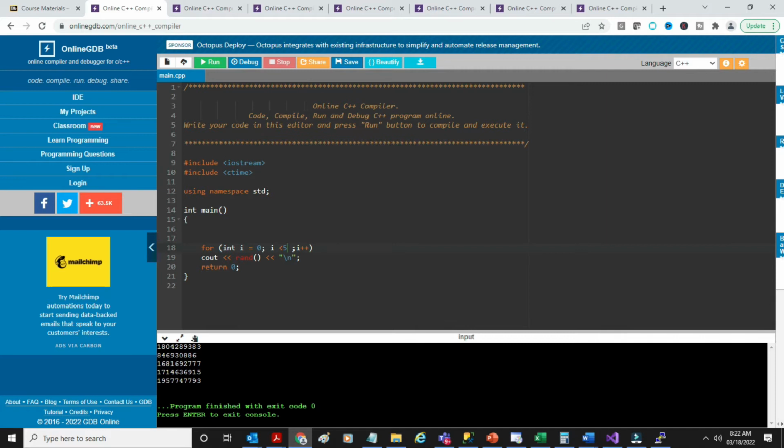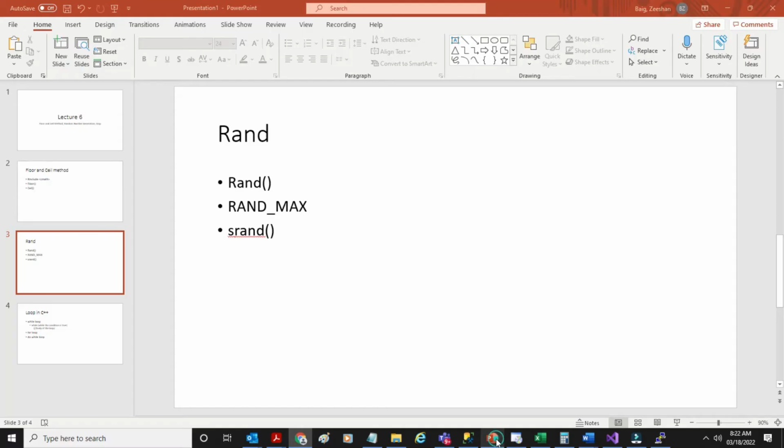Well, that's not really a random number. What's going on? That doesn't make sense. You're going to have your program output these random numbers, but it's not really random if you're getting the same numbers. So in order to deal with this problem, there is the other method that I was talking about,